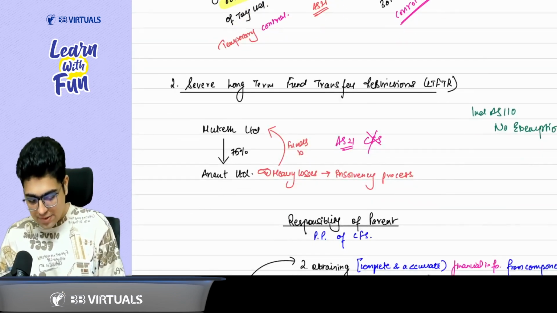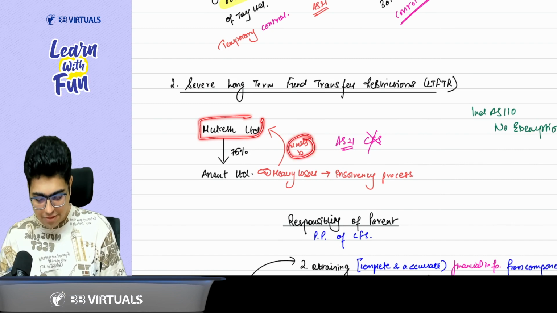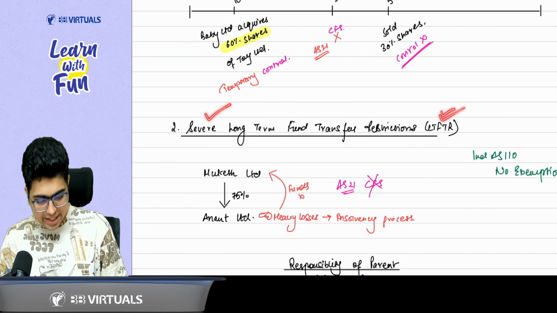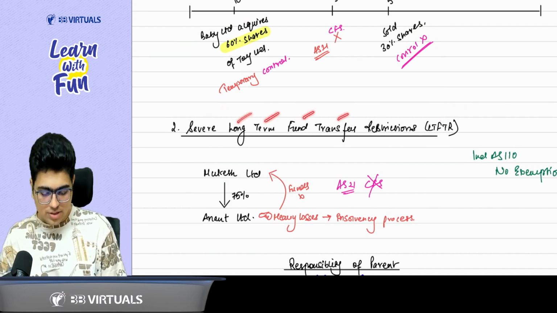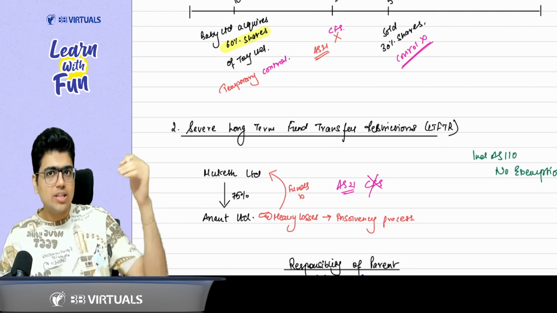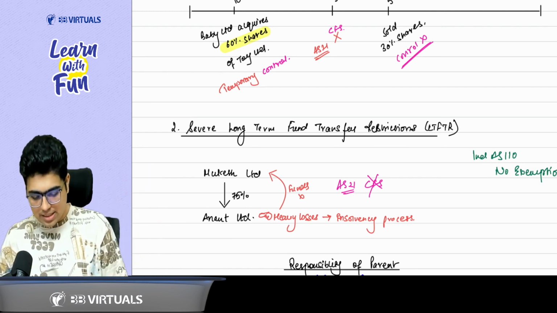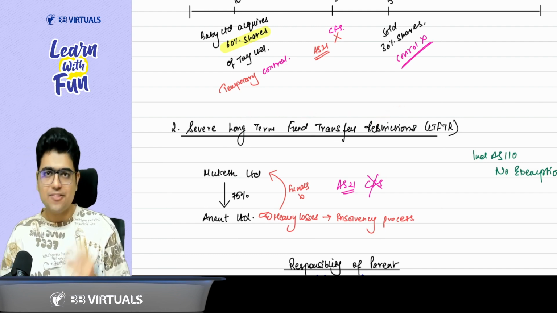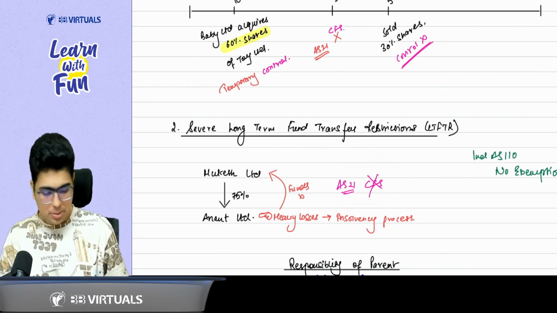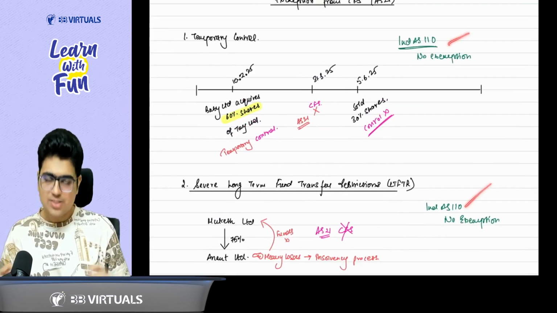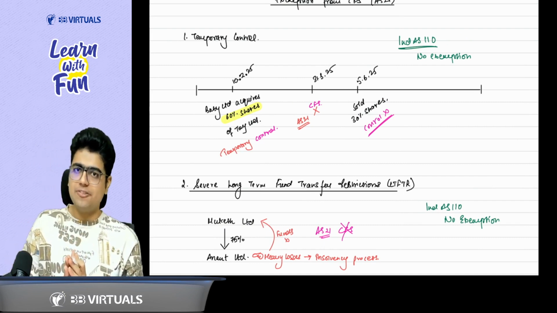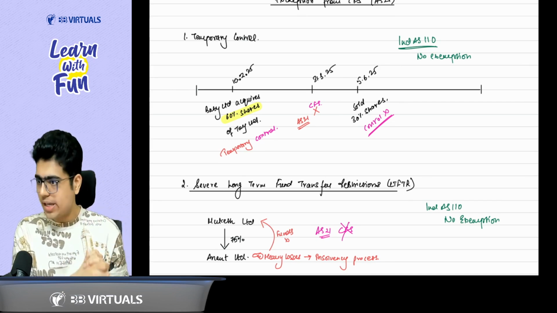Second thing, let's say the holding company is not able to get the funds from the subsidiary due to any reason, that means there is severe LTFTR. LTFTR means long-term fund transfer restriction. So when the subsidiary is not able to transfer the funds, can I say the control is not in the hands of the parent? Yes, sir. So whenever the parent is under severe LTFTR, again as per AS 21, CFS is not required to be prepared. In both the cases, Ind AS 110 has no exemption. Ind AS 110 says clearly, the moment you acquire the control, you need to prepare the CFS till the date the control is there. Okay, sir.